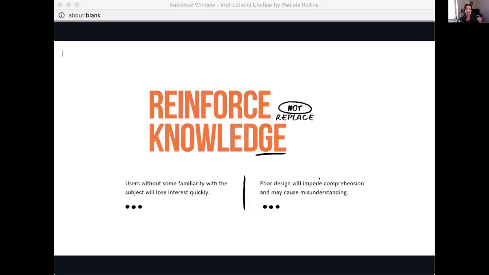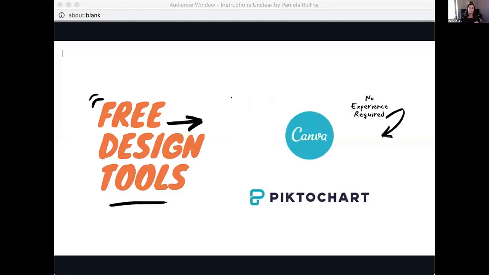Another aspect is design. And I will briefly talk about design because it is so important, because if the design is ineffective, it will also lose our readers' attention, thereby making it useless. So I want to point you to, there are many, many free infographic programs. I personally use Canva and Piktochart. They're both free. That's one of the main reasons I use them. They do have options where you can pay and upgrade.